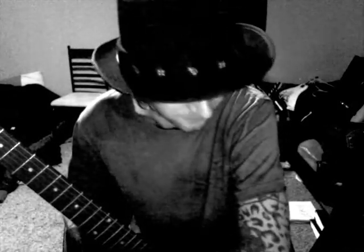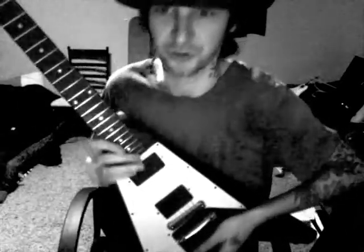Today I want to touch on some more basic stuff, some very beginner stuff, but I think it's very important. Every time I give a lesson, it's always one of the first things I want to show people how to do, and it's understanding the very basics of picking. What I'd like to show you here is that when you first are trying to do some picking stuff, the best picking exercises, there's flat picking,